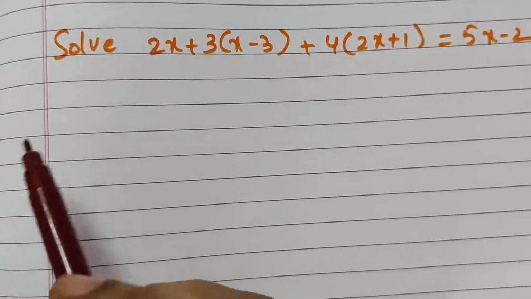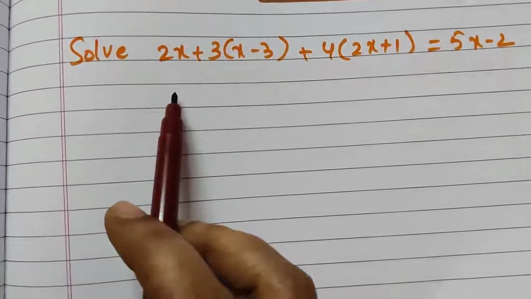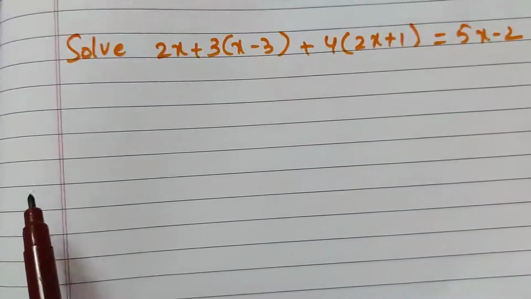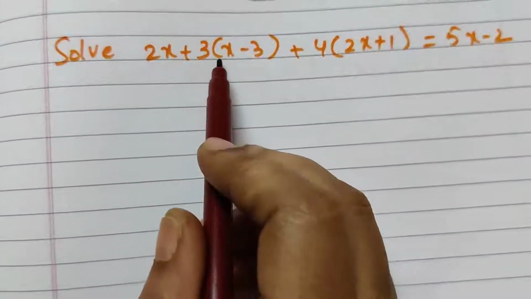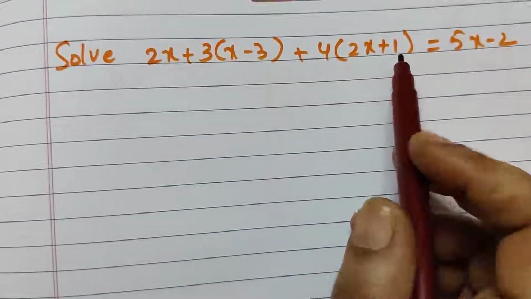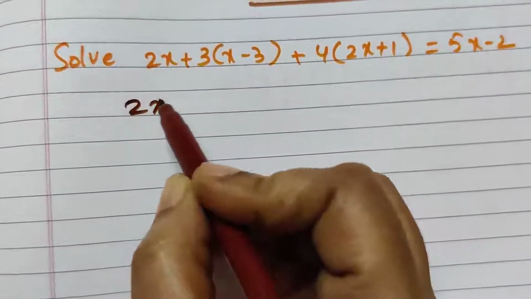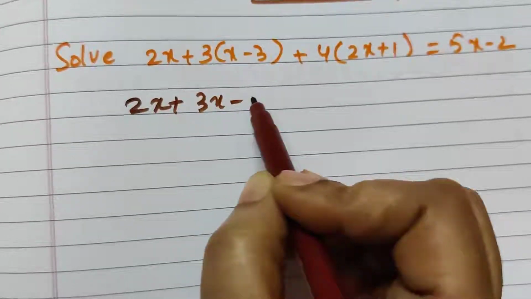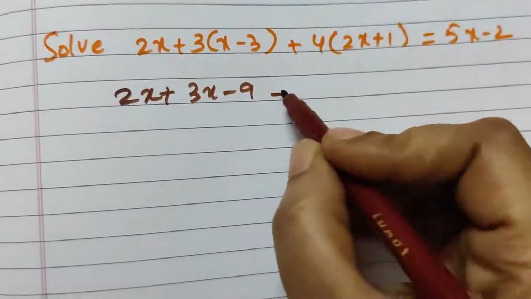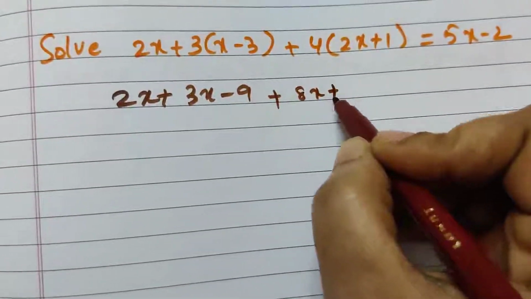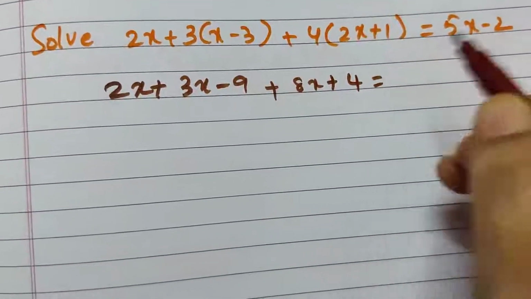Hi. So the next little complicated questions in theory of equations, we will try to solve this. When something like this is given, first make sure you solve the bracket terms first. So this will be 2x plus 3x minus 9. 3 plus 3 into minus 3 will be minus 9, plus 8x plus 4, 4 into 1, is equal to